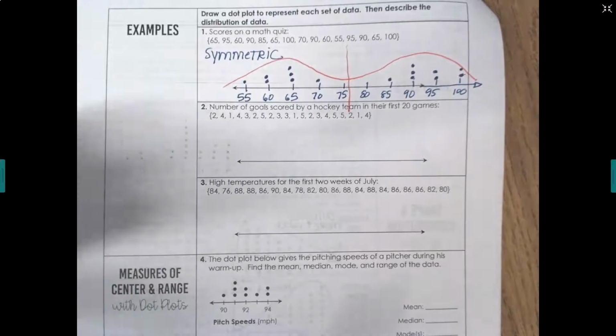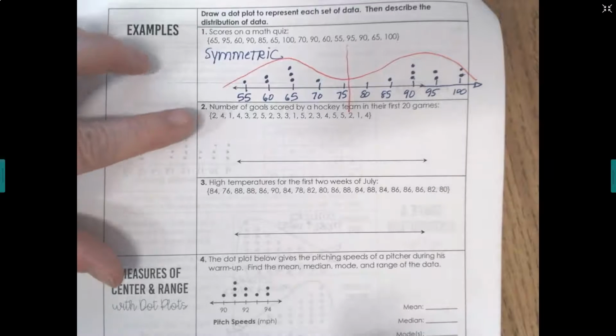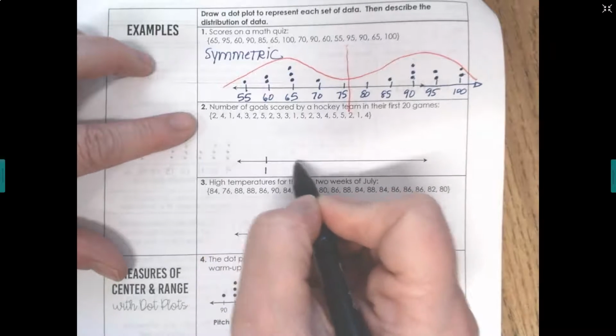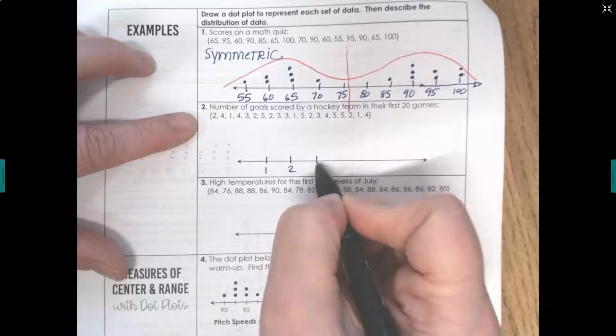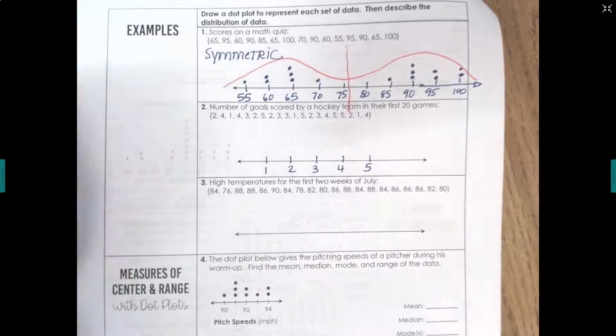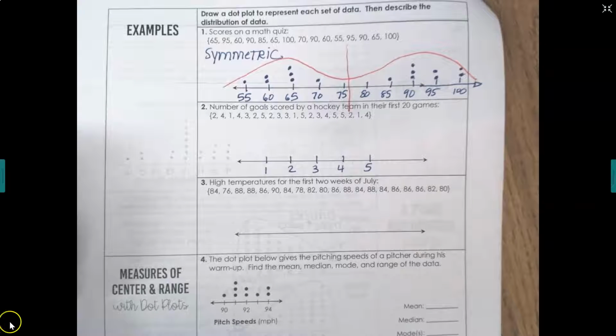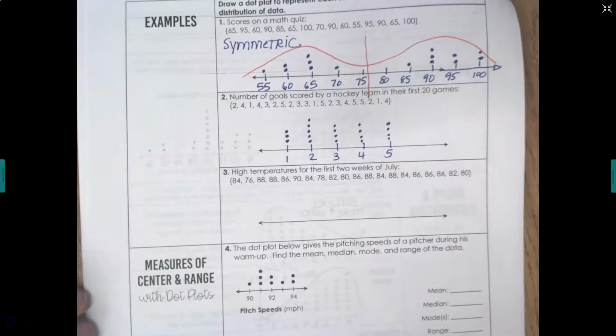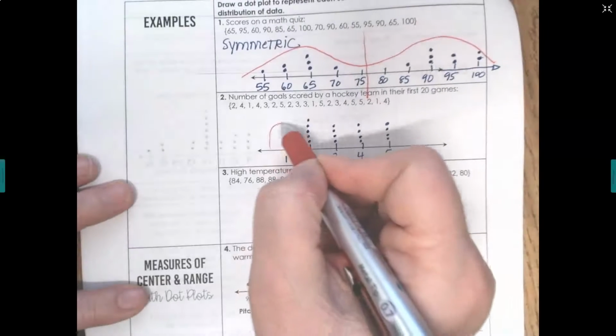Okay. For our next one, we're going to plot all of these points. Your scale that you're going to want to use here is 1, 2, 3, 4, 5. Go ahead and pause the video and put your data points on. So here's our dot plot of the data set of the goals scored by the hockey team in their first 20 games. If I throw that blanket over it,